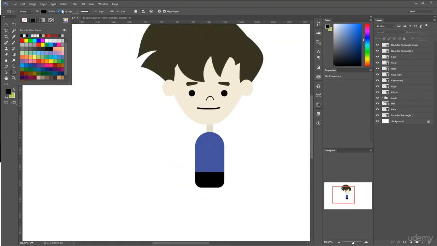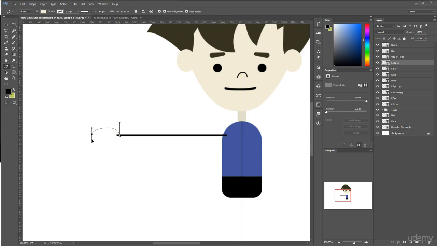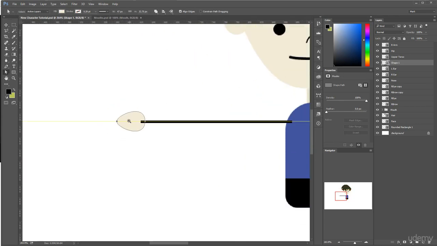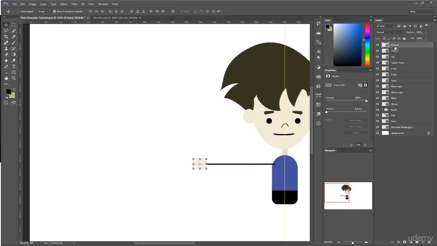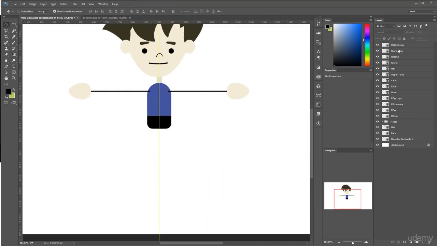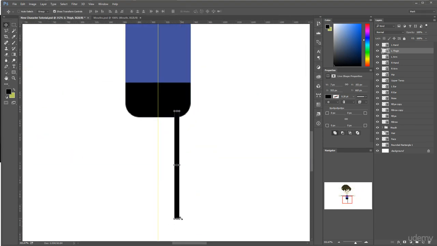Then I continue with the right arm. From our side, it's the left arm, but this is the right arm of the character. And very simple, just a quick rectangle and a quick shape for the hand. Then I take both the arm and the hand, duplicate them and flip them. And then I take the arm, duplicate it, make it a little bit thicker and shorter, and I use it